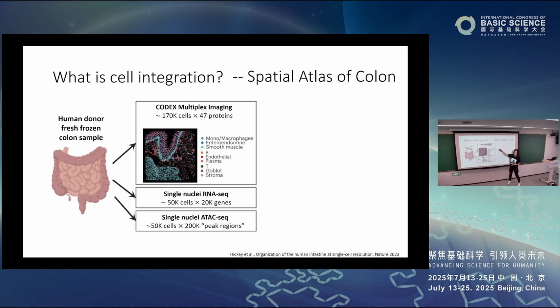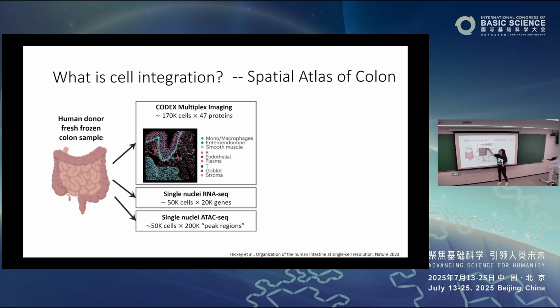So they collected all 3 data types because they want to have a full picture of what's going on in the colon, right, at the single cell resolution. But this is not ideal because given a slice of tissue, you either do this or this or this. You can't measure RNA and ATAC on the same cell. Well, now you can, but they didn't do it at that time. And then you cannot do all of this while keeping its spatial coordinates untouched.